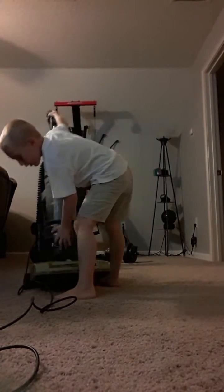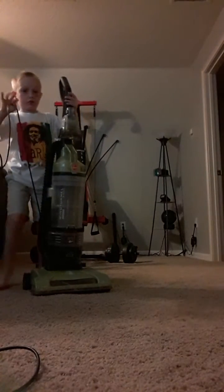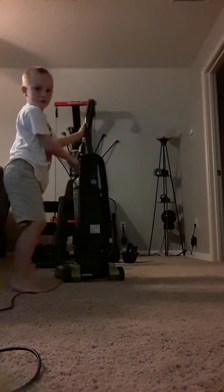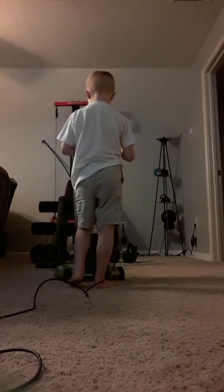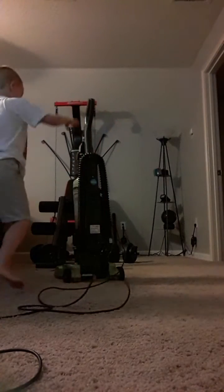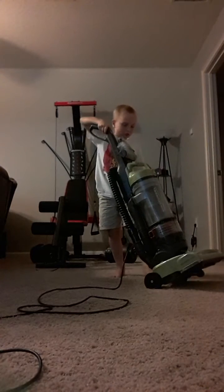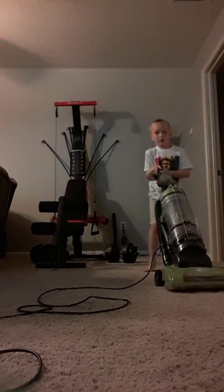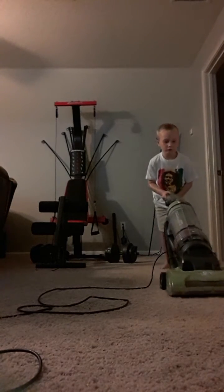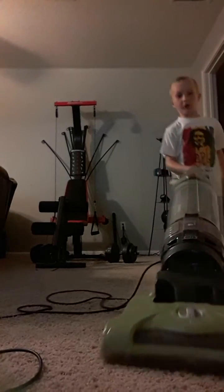So not sure this one, we're going to vacuum with it, and then probably that's going to be a good place to end the video. I'm just going to turn to the back, put it in a clip. It's supposed to be a cord cap, but it's busted. I didn't know that. And I hope there isn't anything wrong with it, but 3, 2, 1. Oh man! I didn't know